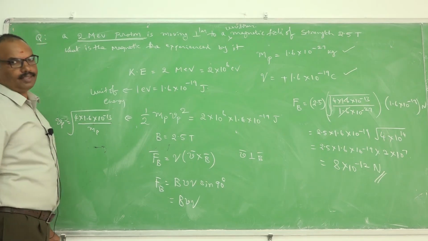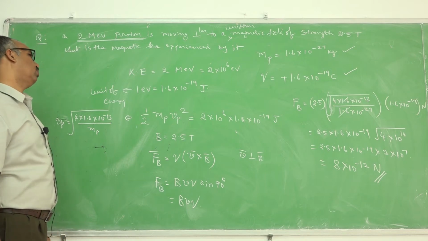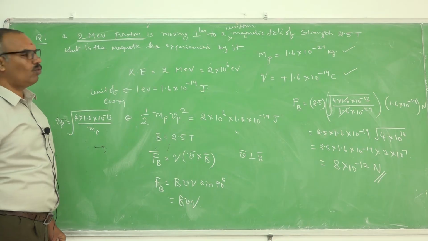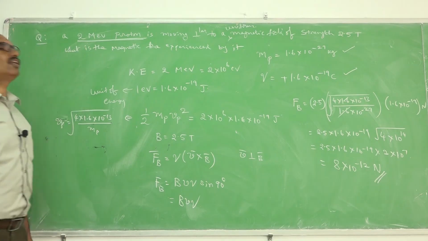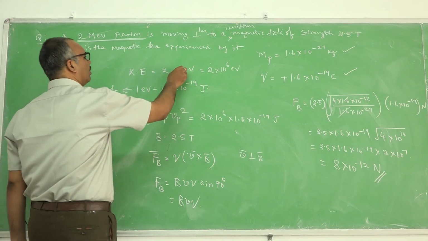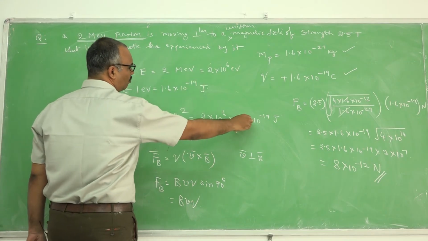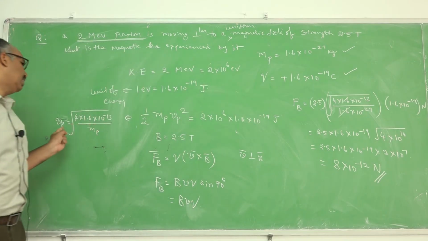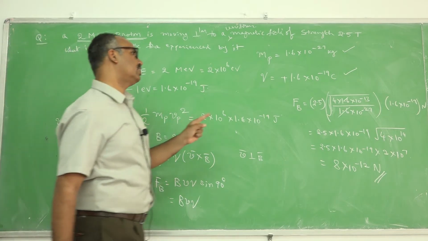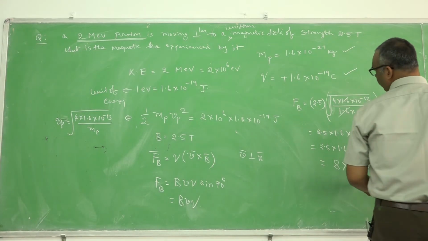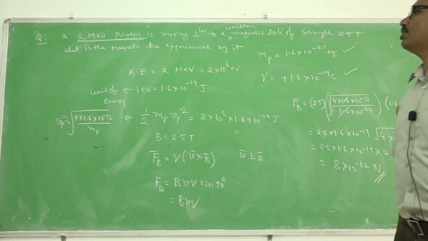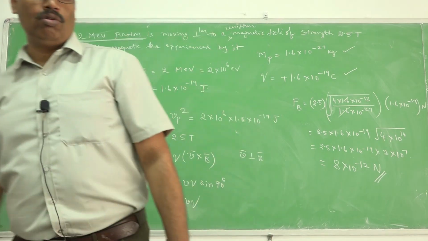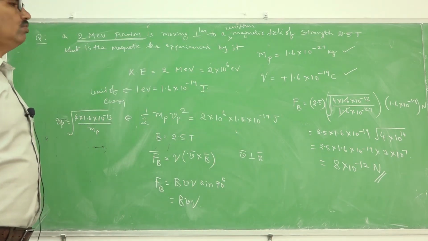Proton means already charged. Proton is accelerated through 1 volt potential difference electric field. The energy possessed by it is called electron volt. So by taking mega as 10 power 6, by taking electron volt as 1.6 into 10 power minus 19, from this we can calculate velocity of the proton. By substituting velocity of proton, mass of proton and charge on proton, you will get force experienced by the charged particle because of the magnetic field. Now, let us apply the concept of Lorentz force to solve some more problems.